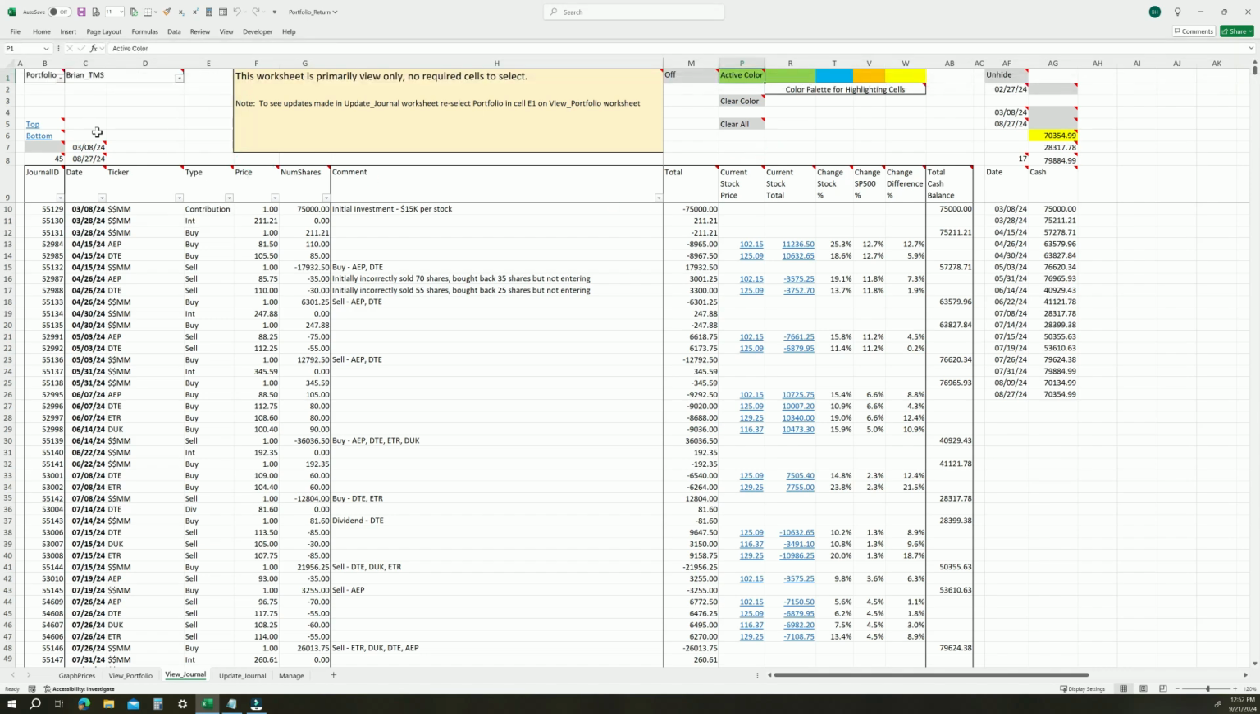One last user selected item that's been added is here in cell B7. Normally when you select bottom, you go to the last occupied row in the journal. Optionally, you can enter in a date in B7. Now when you select bottom, you are taken to the row with the first date equal to or before the